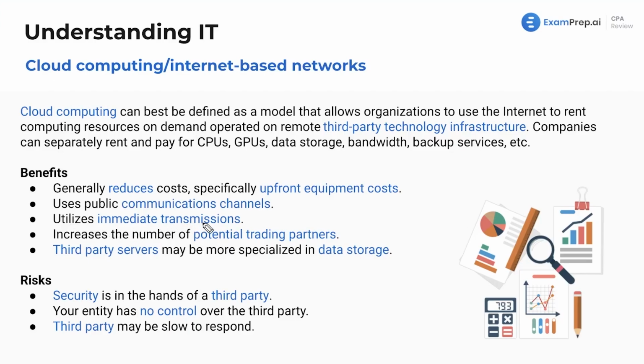It utilizes immediate transmissions. Now, this is where someone was like, "Hey, it's not always the case. It's pretty slow depending on what you're going for." So yes, but in theory, it's immediate transmissions. You log in, you access your files, boom, you're good. Again, in reality, networks are slow, and it might have some loading time. Increases the number of potential trading partners. Again, what does this really mean? It's essentially saying, we are online, we are using the internet, so we can now communicate with a lot of other trading partners. We can share files instead of being limited to the physical world right around us in our immediate vicinity. We now can do business with people all around the world.